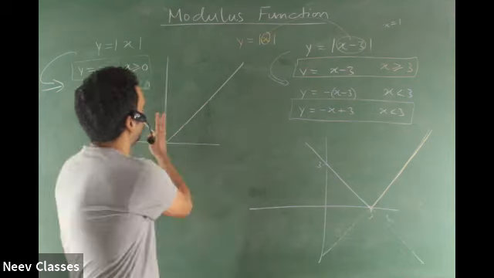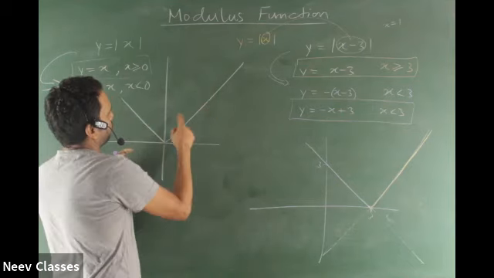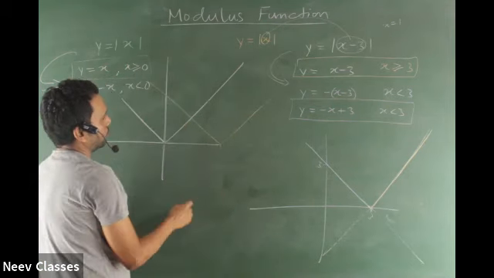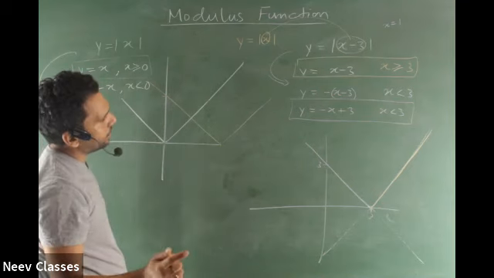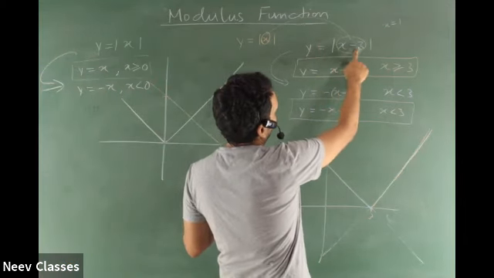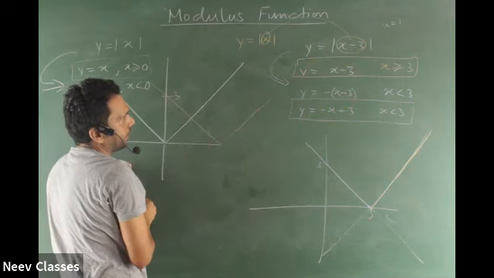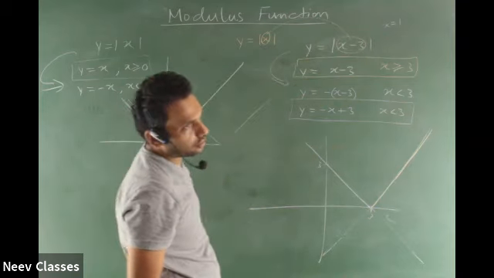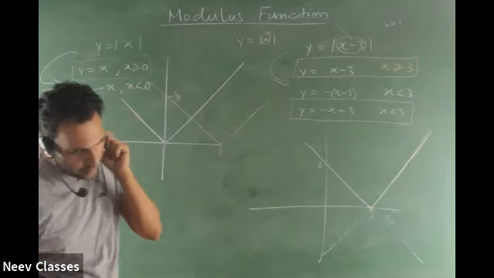Why? Once we have moved this using transformations, next I will ask you to mark some values. How do you mark these values? Remember, same as in quadratic. For the x-intercept you put y as 0, and for the y-intercept you put x as 0 and get the y. So you put x as 0, you get y as mod of minus 3, which is 3. Next, put y as 0, so x minus 3 is 0, so x is 3. Get the point? Is that clear? Yes, sir. If you are shifting, you'll have to put x as 0 and y as 0 to get the values.